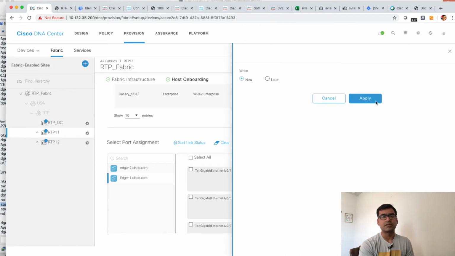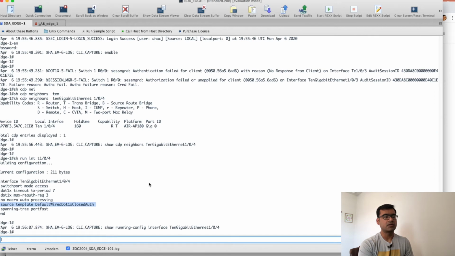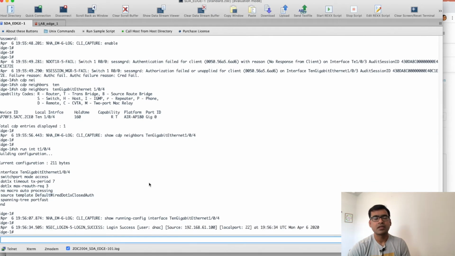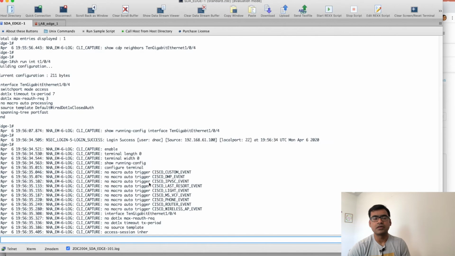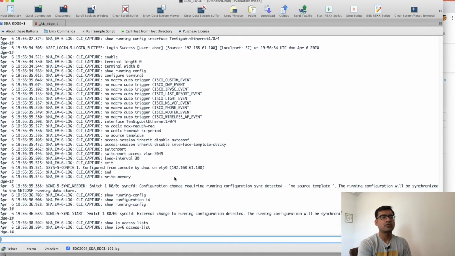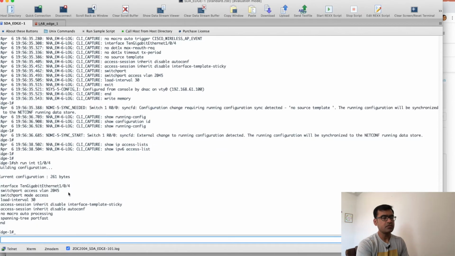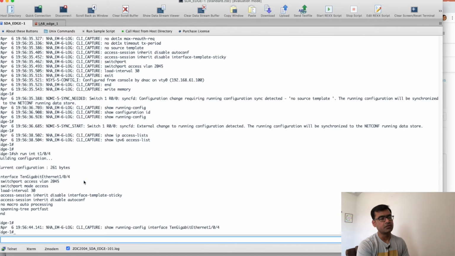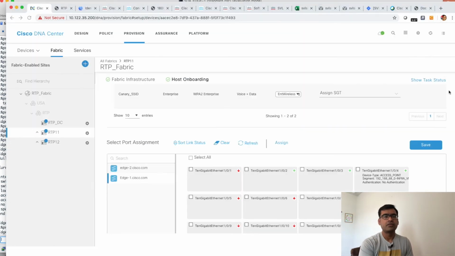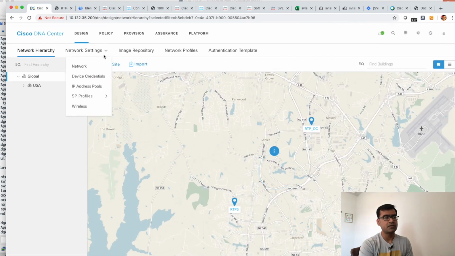Once you update and save, apply, in the background it's going to remove the macro from the port and configure it for the infra VLAN, or the AP VLAN. You see the no macro, the macro is removed, and if I repeat the command again, now it is configured for VLAN 2045, which is my AP VLAN. So my AP VLAN is, if you want to see the IP address,